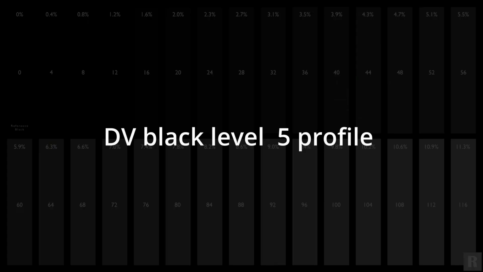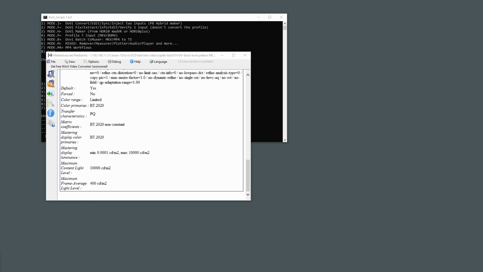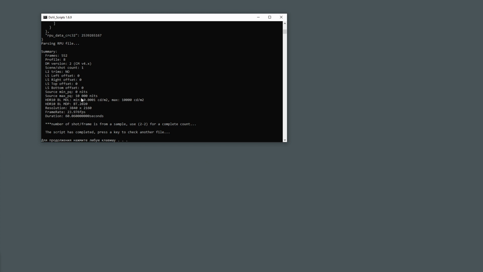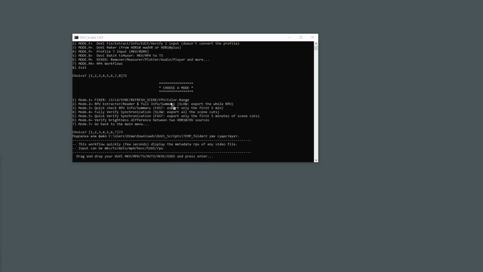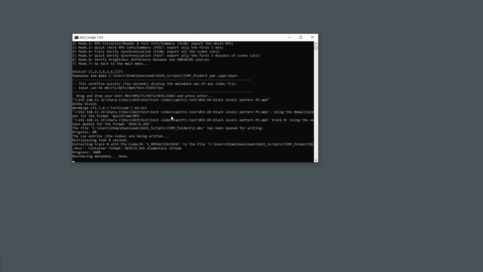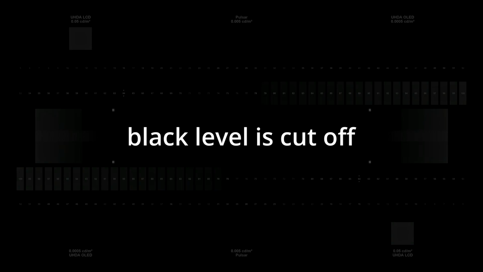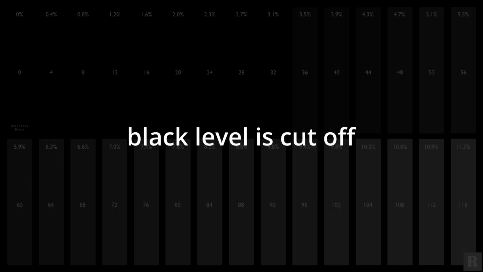I have already suggested in the Telegram chat the theory that it is because of range compression, because in the original test files I prescribed max PQ 10,000 nit for Profile 8 and 4,000 nit for Profile 5. I assumed this is why on a bright Sony LED TV any of the players can show all levels. But at the same time, on OLED and conventional LEDs, there is level clipping on the same players. Depending on the player, it could be 72 to 78 for Profile 8 and 32 for Profile 5.